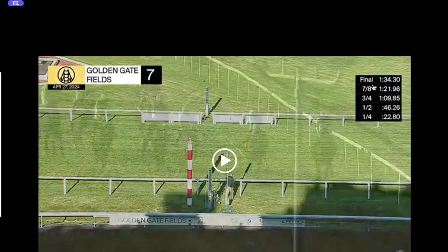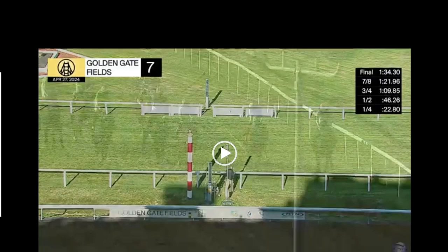And we'll take note on the final times up here in the corner and compare it to some of his previous races. So let's...